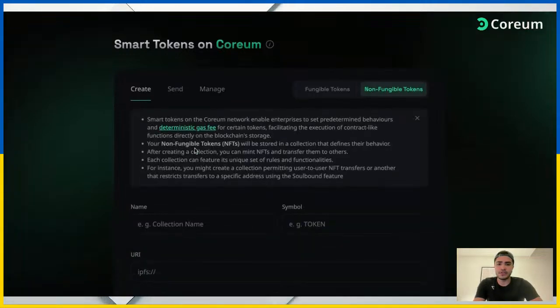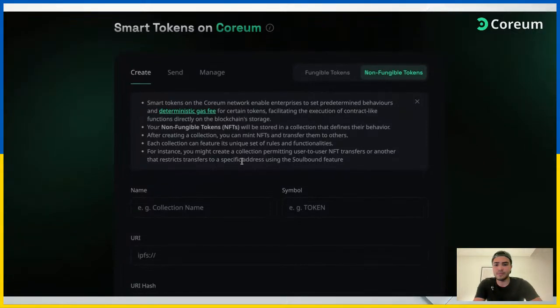So as you can see, it's pretty easy to create any type of collection, fungible or non-fungible. But that is not the only way, right? That is the way that you can do it through that client. But of course, you can still do it through the CLI, the command line interface with Cordy, or you can also do it with Coreum JS if you are building your own app. So speaking of this,